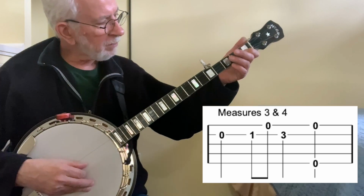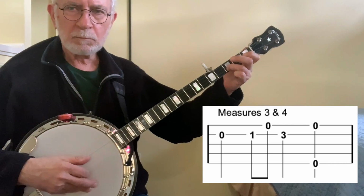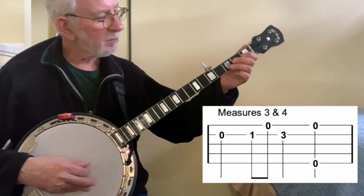Here's measure 3 and 4 with just the thumb. Now let's put the bum diddy in there and then the bum pinch. So it's...